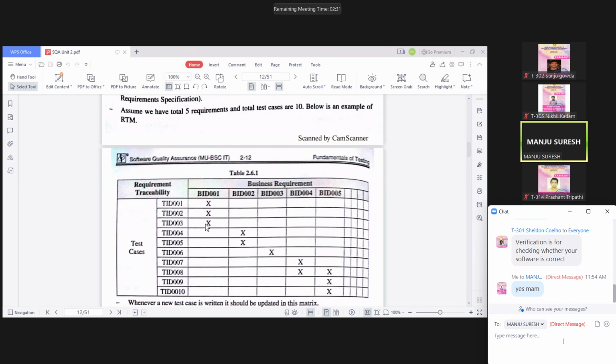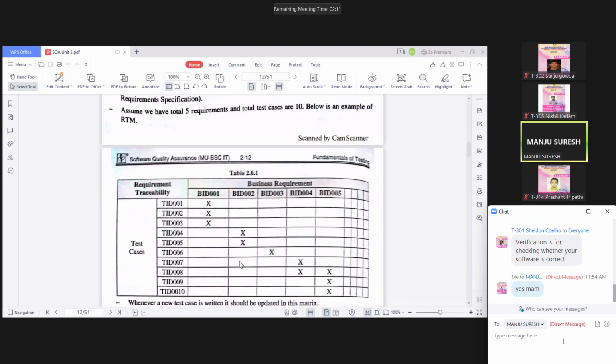Okay, then I go for my second requirement. Second requirement के लिए test case ID, that is your test case ID. So test case ID 4 and 5 is related to the requirement number 2. Okay, test case 6 is related to the requirement number 3.